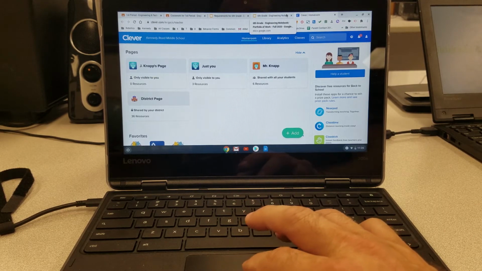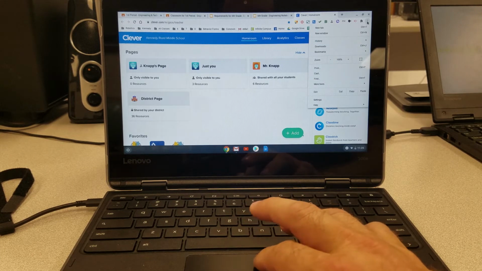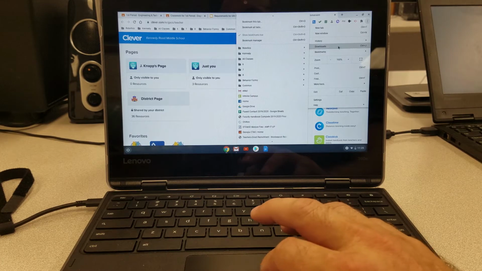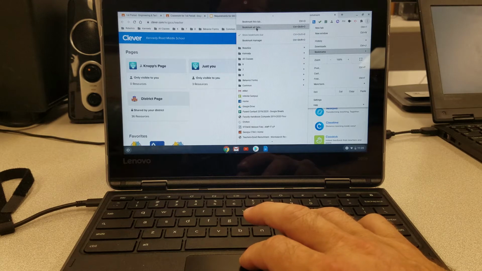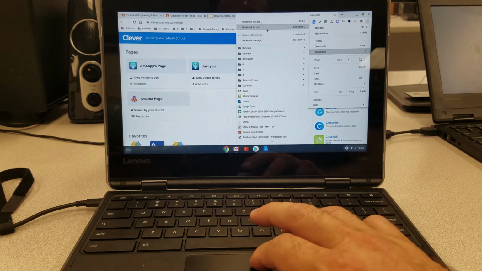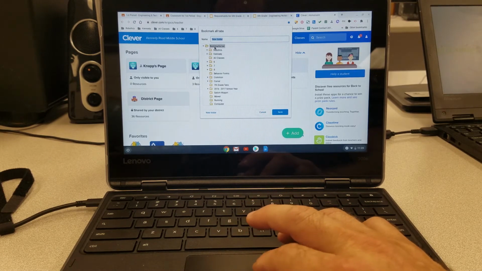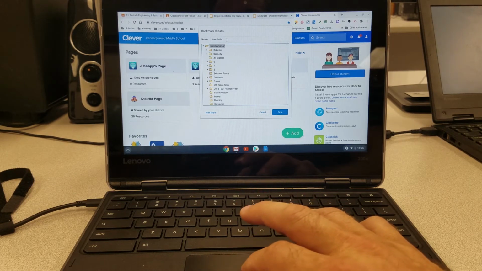Okay, once you are ready to bookmark, you'll go to the 3 dots here, and you will click on the bookmarks, and we will go over to where it says bookmark all tabs. And this will allow us to bookmark all 5 of them at one time. So we click bookmark all tabs, and we need to make sure that our bookmarks bar folder is gray. So we click on it, it's gray, and then we click on